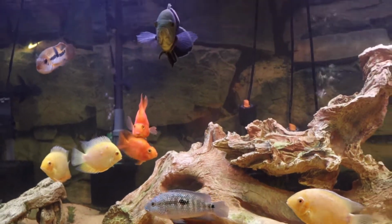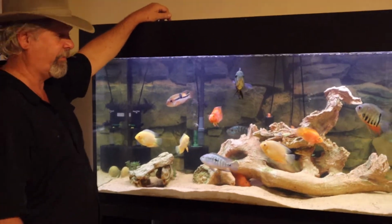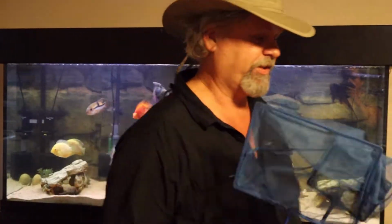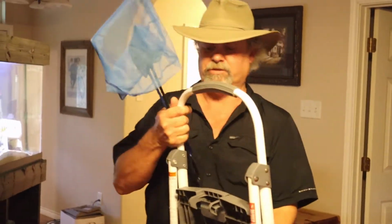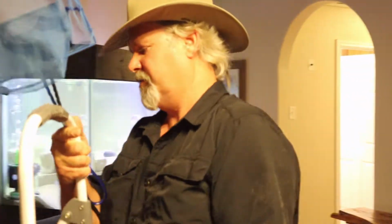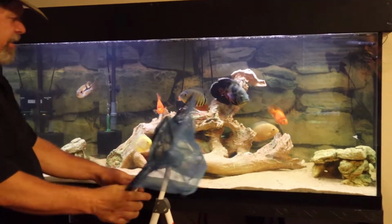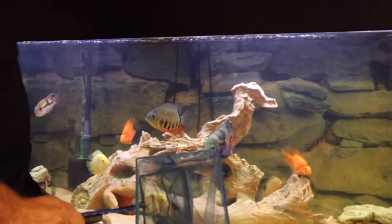So I got a quarantine tank ready, 29 gallon. We're going to treat it. First we're going to catch the critters. I tell you, sometimes I think that is the worst part of doing this whole thing, is upsetting all the other fish, trying to help a couple little sick ones. And I'll tell you, catching them out of this 120 gallon can be a pain because,